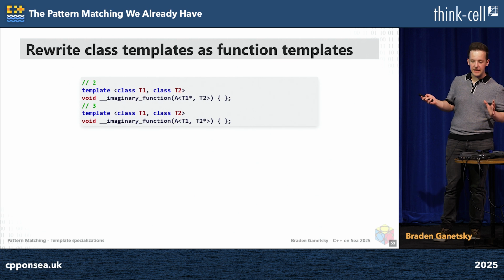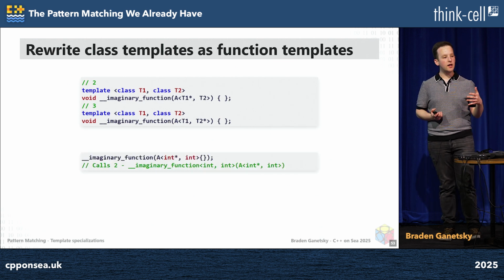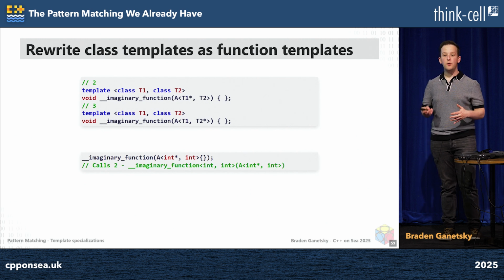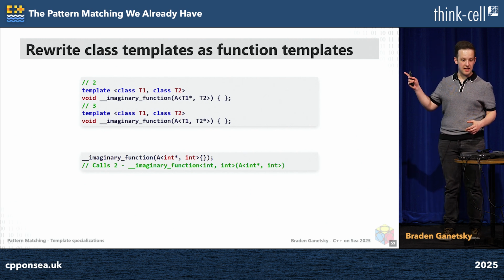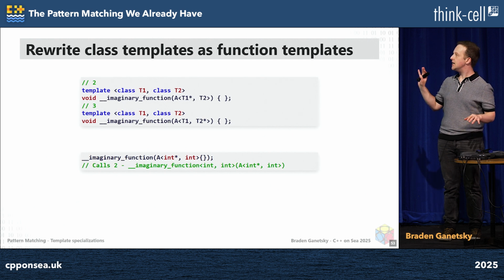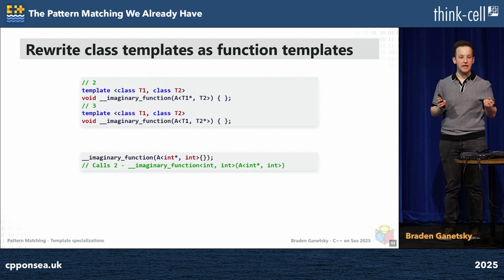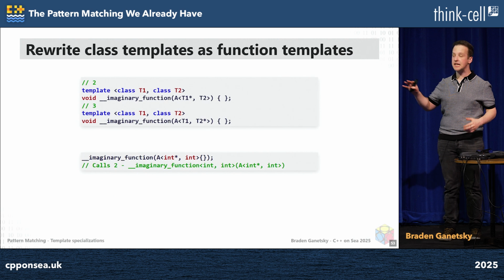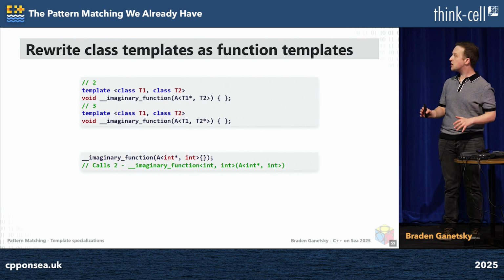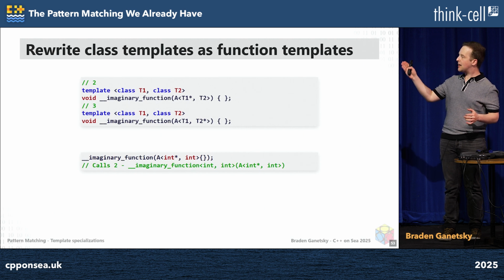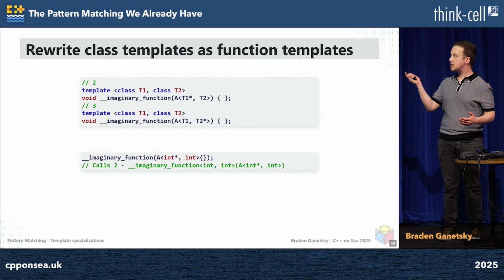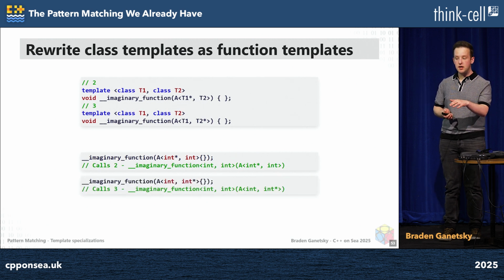And now I'll move these up a little bit, and let's see what happens. If we try calling the imaginary function with A of int star, comma int, well, now this is actually where the template argument deduction comes in, which again, I will talk about in just a second. Template argument deduction is basically you are just matching the template arguments against the template parameters in your function. And so this one's simple enough that you can kind of do it visually. You can kind of see that, yeah, okay, int matches up with T1 and int matches up with T2, as long as you're looking at number 2, and this calls 2. It fails for 3. This one fails for 2, and it works for 3.